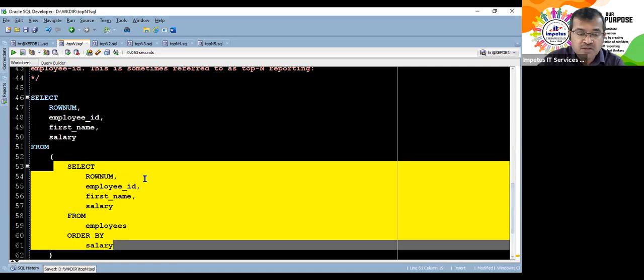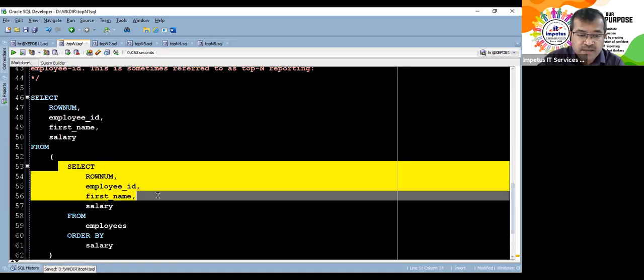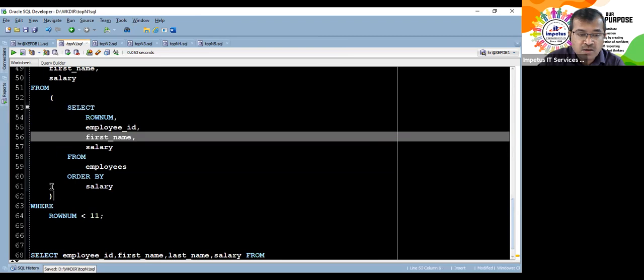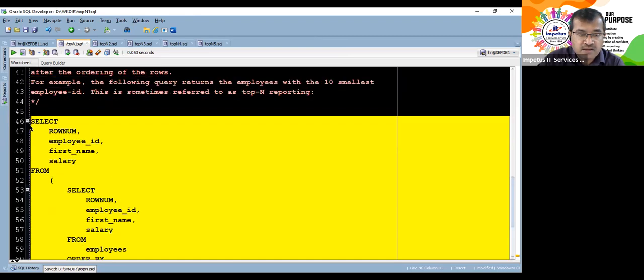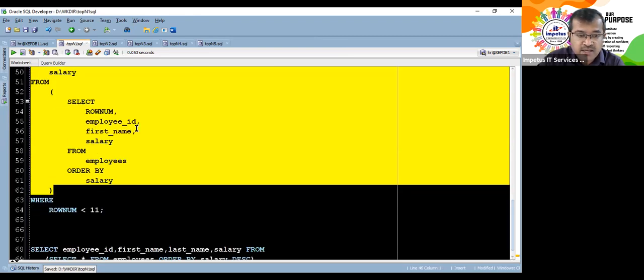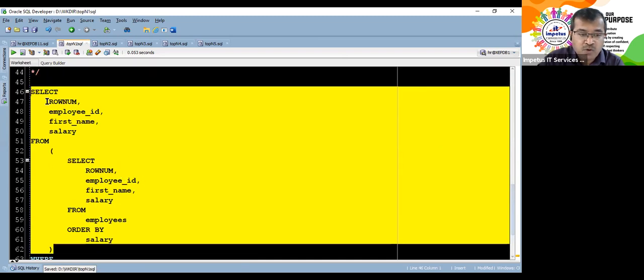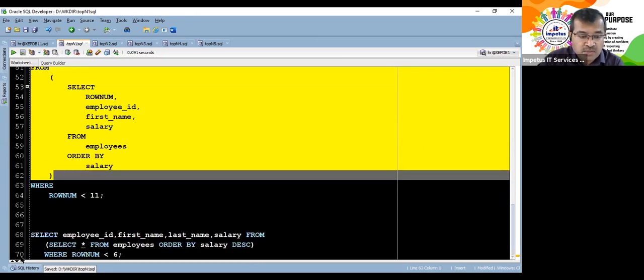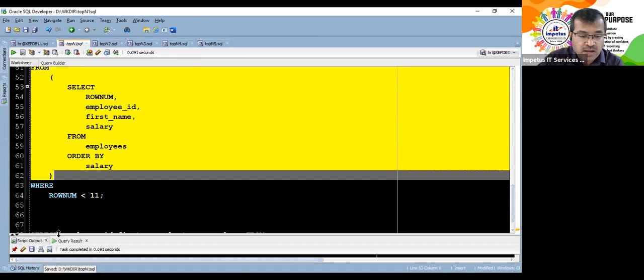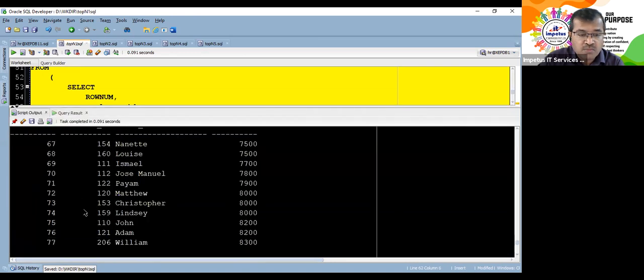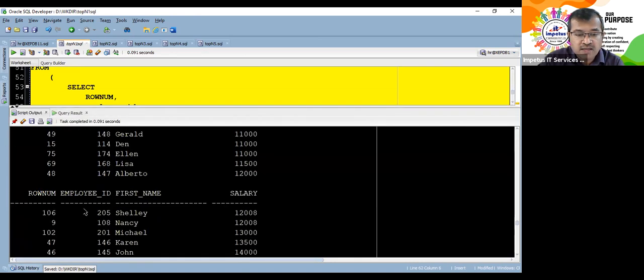I could have used a with clause as well. Now if this becomes my temporary table, and I list all the employees from here, so the inner query, the subquery, becomes my source of data, and I'm going to order according to the row number once again. See the row number this time around, and you'll be surprised to see the row numbers are exactly in the ascending order of their salary.